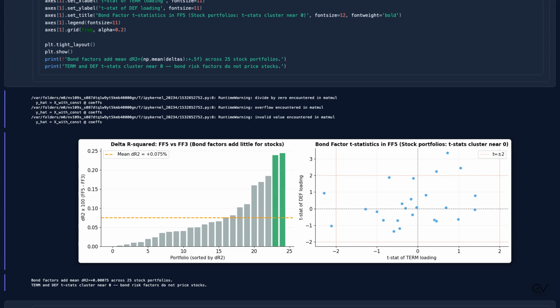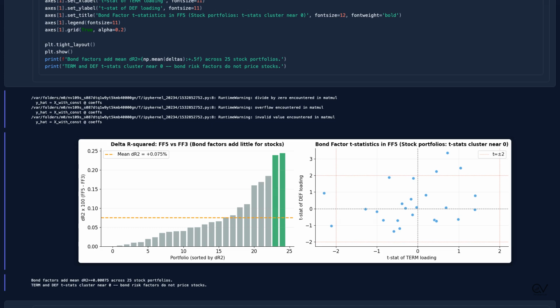Check the axis before you read the bars. The mean improvement is under 1/10 of a percentage point. Adding the bond factors buys you essentially nothing. The right panel shows why. These are the t-statistics on the term and def loadings, and the cloud sits right on top of the origin,